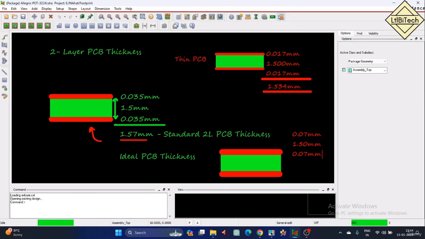That is also 2 ounce per square foot copper weight. So now in total it will become 1.64